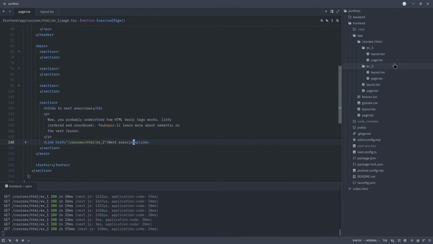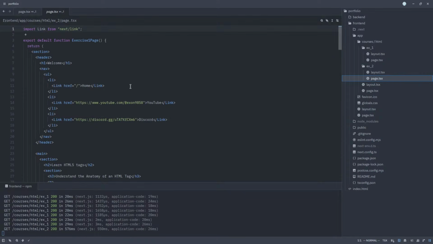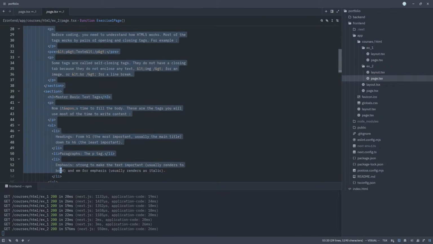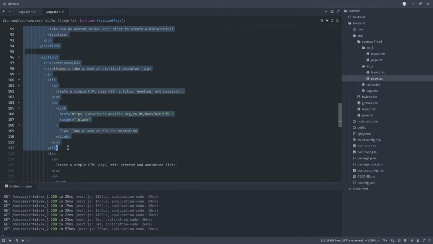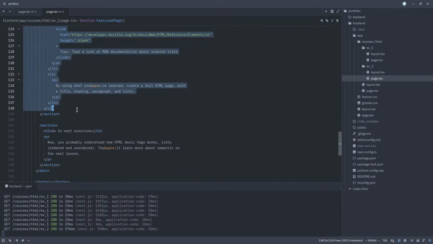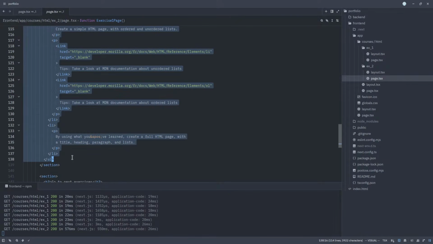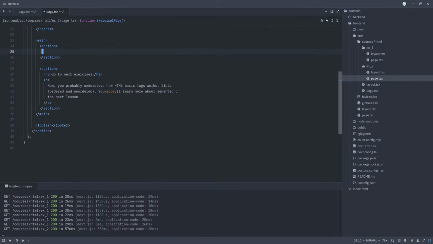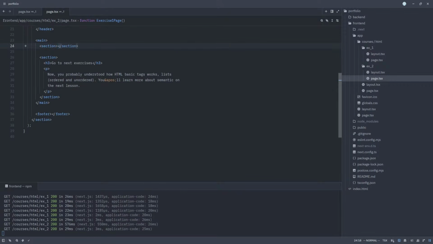Yeah, anyway. We got the page, we got the basic one. So now, let's delete all this, because we don't really need it. Just going to stick with the basic tags. Now about